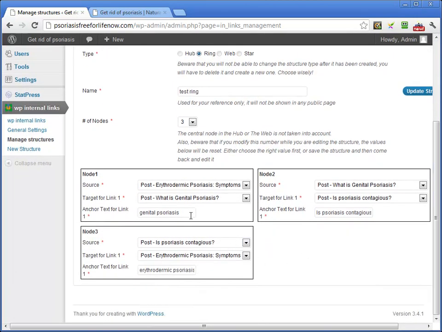I have created a test structure here called a test ring, which is a 3-node structure, which is using 3 posts as the sources. Just remember the erythrodermic psoriasis, what is general psoriasis, and is psoriasis contagious. Okay, so let's go to create a new structure,